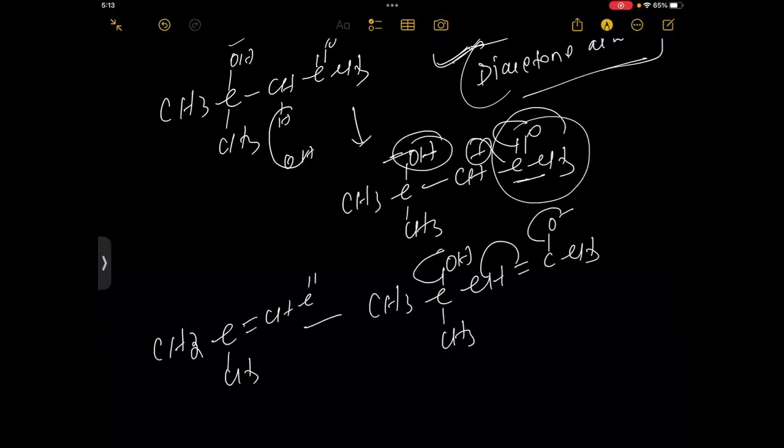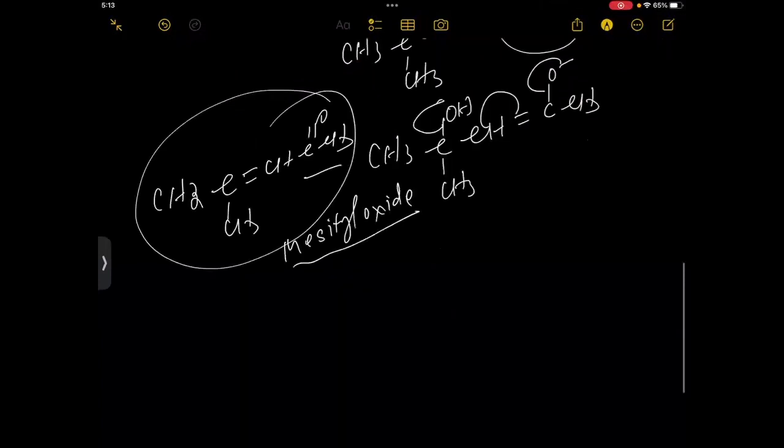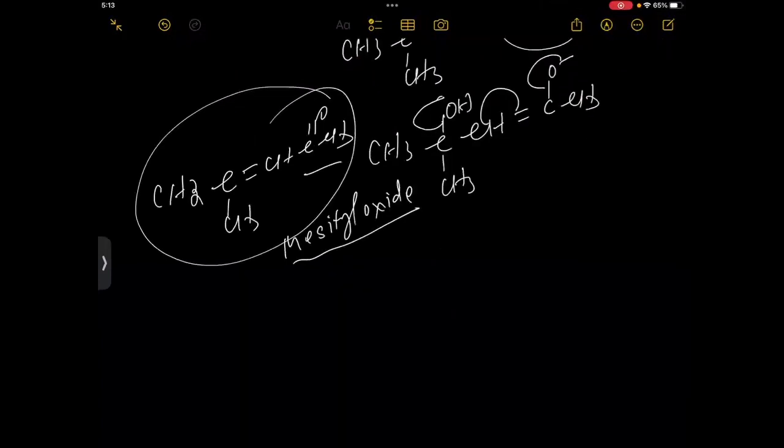The name of this compound is mesityl oxide. What is the name? The name is mesityl oxide. Now in mesityl oxide there are alpha hydrogens, and if you take again acetone, CH3 C double bond O CH3,